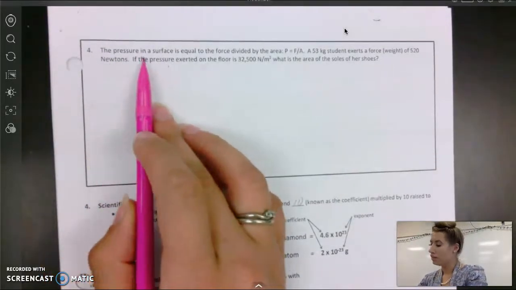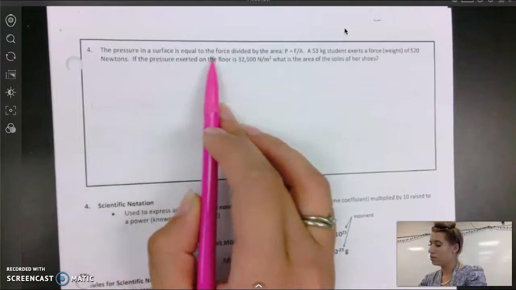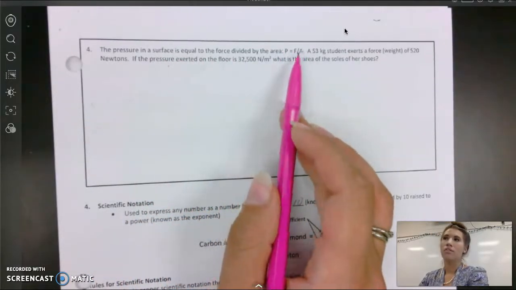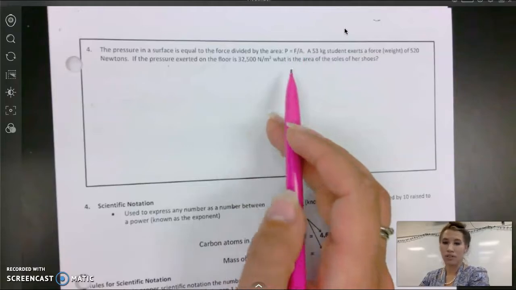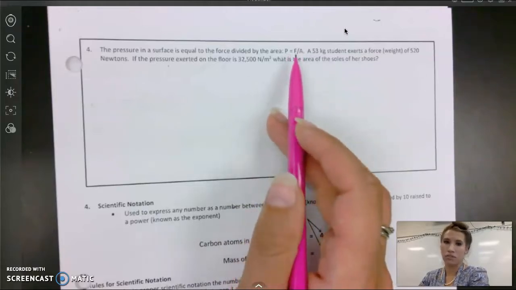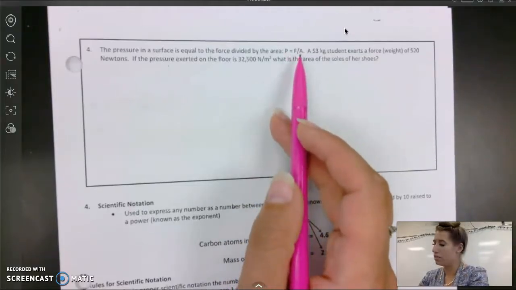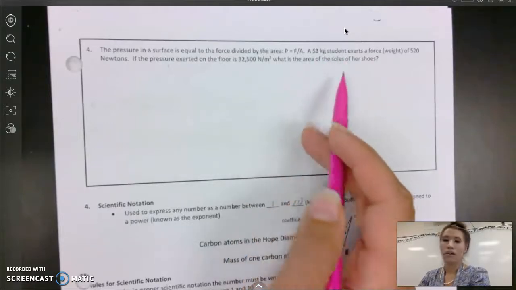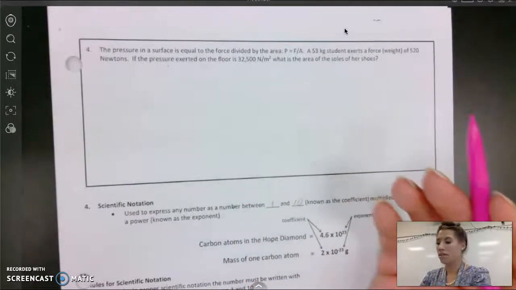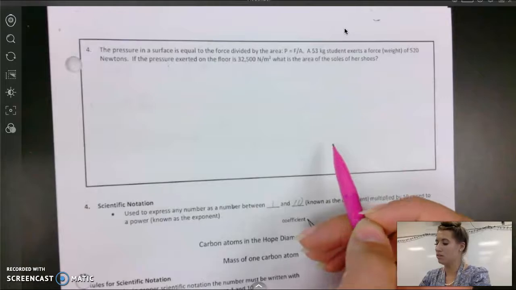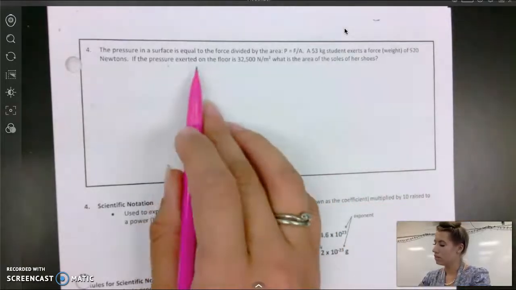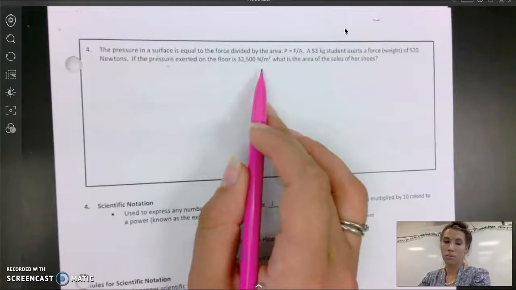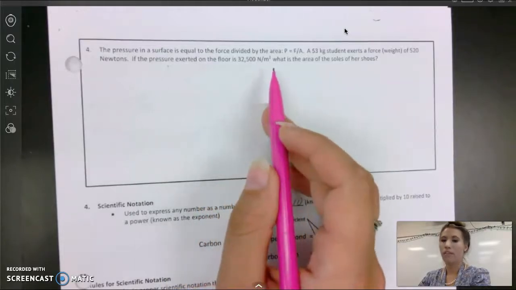The pressure on a surface is equal to the force divided by the area, and that was the sentence or word form of this equation. Pressure is going to equal force divided by the area in which it's applied. A 53 kilogram student exerts a force, and that's their weight, that force is their weight, of 520 newtons. If the pressure exerted on the floor is 32,500 newtons per meter squared, what is the area of the soles